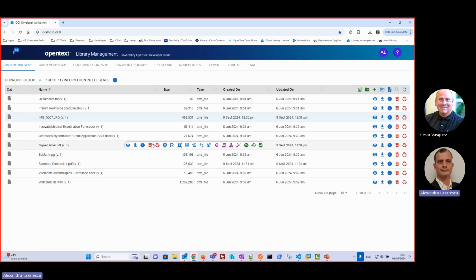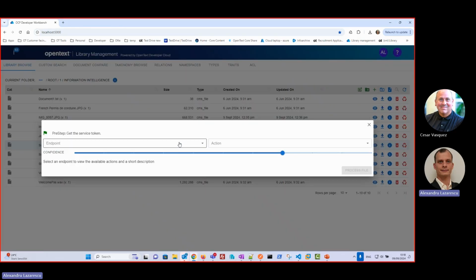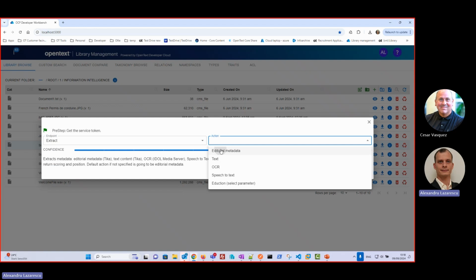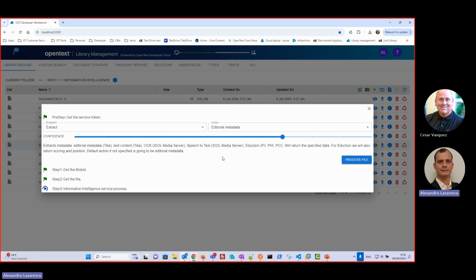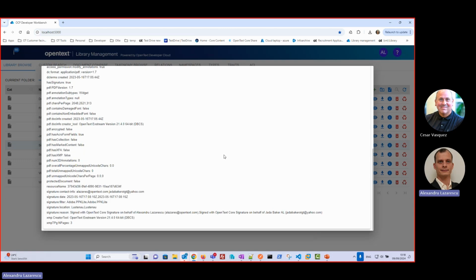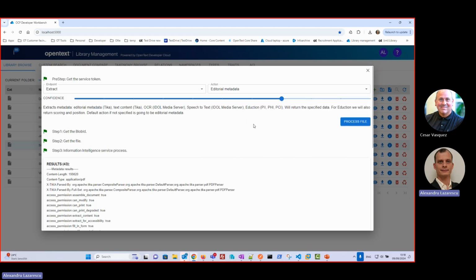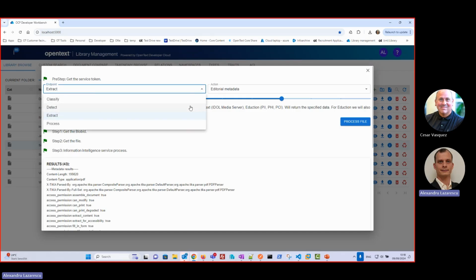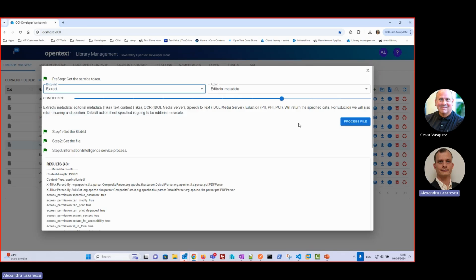And lastly, on a PDF file, with the editorial metadata, you can have access even to some other interesting information like the signature. So, for example, here you can see what are the signatures, dates, what are the filters, where this document has been signed, and what are the signatures inside. So the editorial metadata and the detection of language and of protection status can also help increase the number of